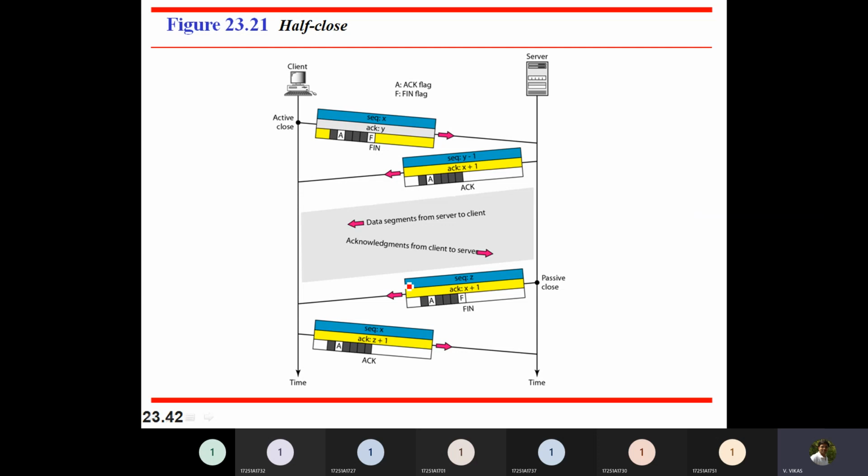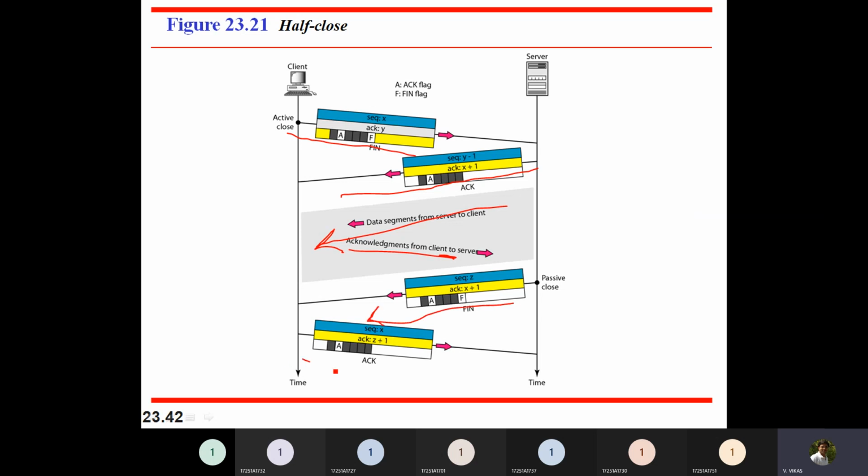I said about some case where one side is closing the connection, but the other side closes the connection after some time, right? So that is given here. I send active close. The other person says only acknowledgement. That means you can stop communicating, but I still have some data to be sent. After I send that particular data and I get acknowledgement, I will receive connection close request.